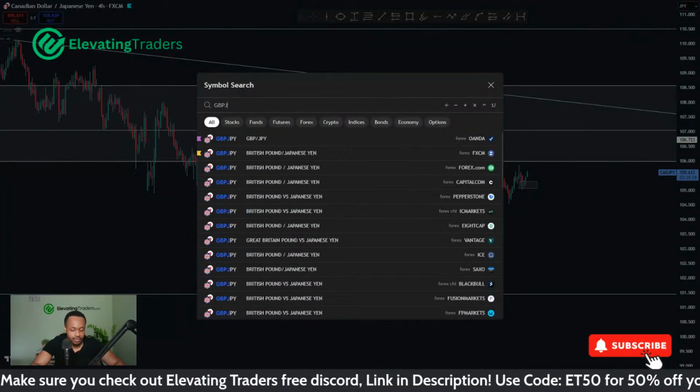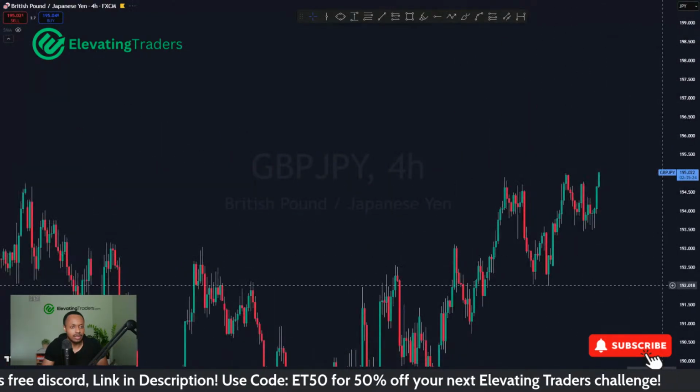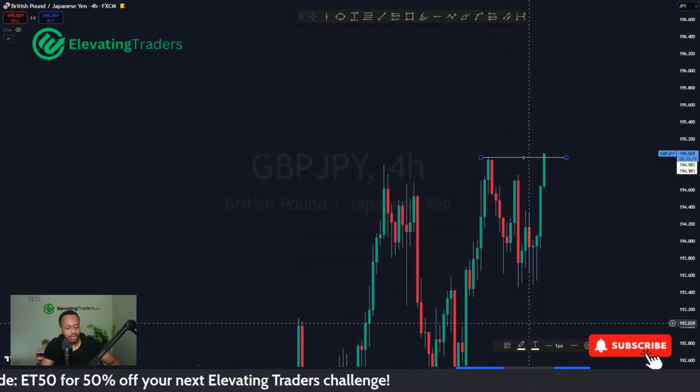Buys there, sorry. If I go to pound yen, Dark Trini spoke about some sells in the 5 minutes. Okay, I see what you mean. Price is back at resistance, so yeah, we could see some downside from that.